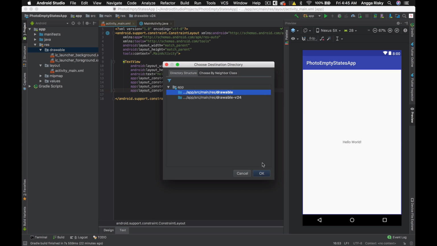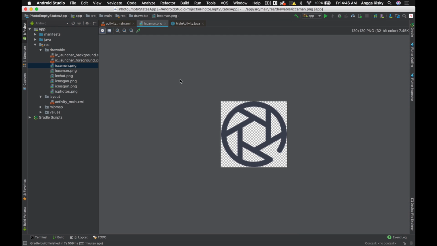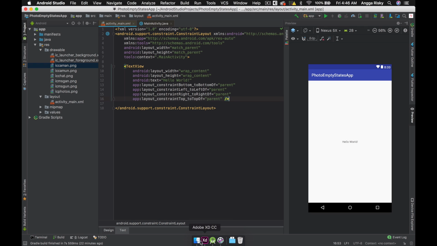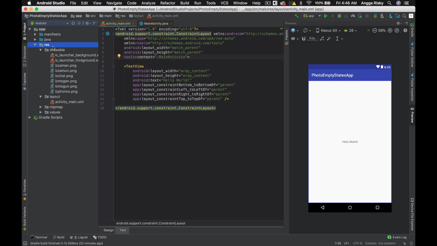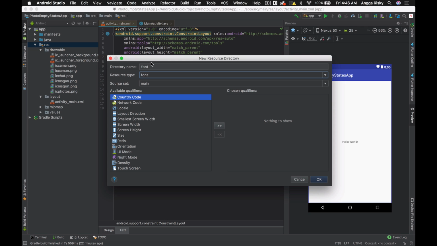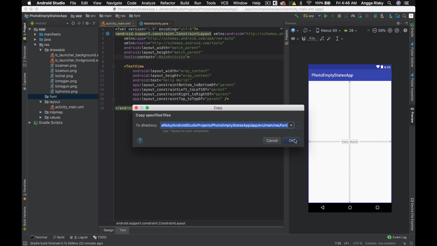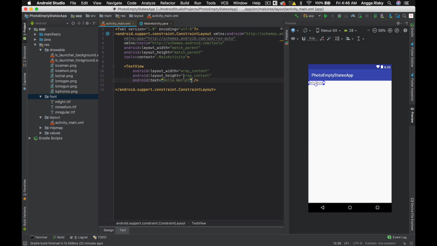Okay, so in the drawable, we have to paste like this. Okay, amazing. And then we've got fonts, so we're going to copy them into res, then New, Android resource directory, and font. Then just simply paste into this directory. Okay, cool. For this one, I don't need it at the moment.